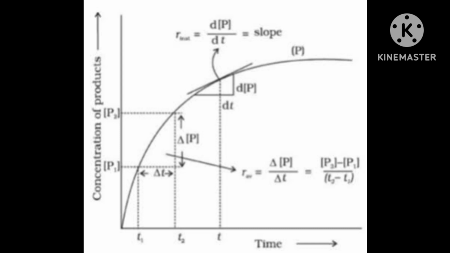Macroscopic level means big size, and molecular level means small size. At the macroscopic level we are interested in amounts reacted or formed and the rate of their consumption or formation. At the molecular level,